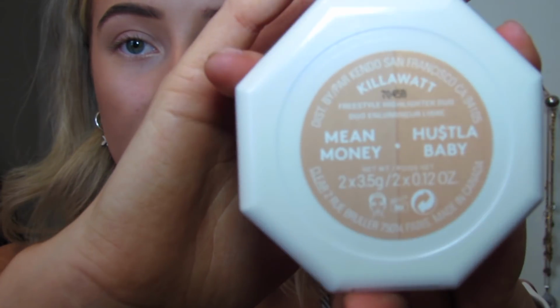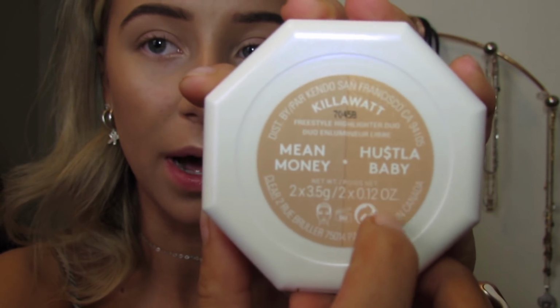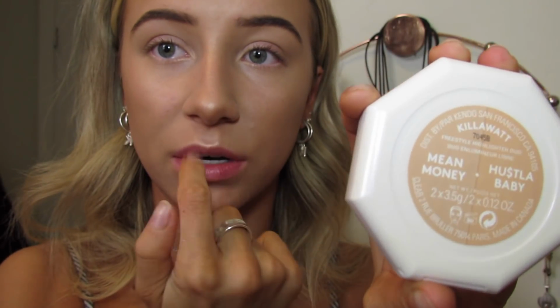Okay, so then I have a couple different highlighters that I love, but the one I've been using a lot lately since Christmas is my Fenty Beauty Kilowatt highlighter, and this is a duo one. There's the shade Mean Money and Hustler Baby. So I like both of these. I like using Hustler Baby more on my cheekbones and then Mean Money on the bridge of my nose and my Cupid's bow because